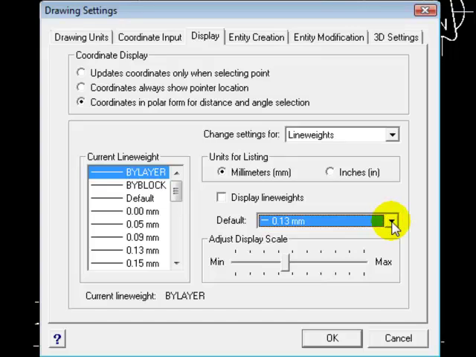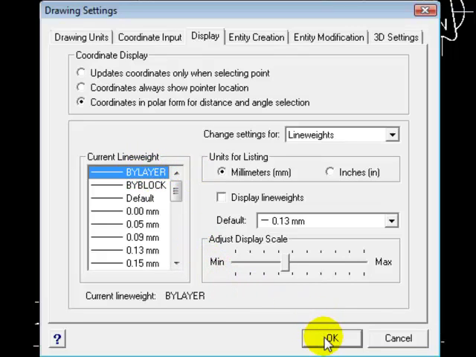You will have to experiment, but this default line weight is going to be very important to you when you go to print. You'll also notice that the current line weight is being selected by layer,